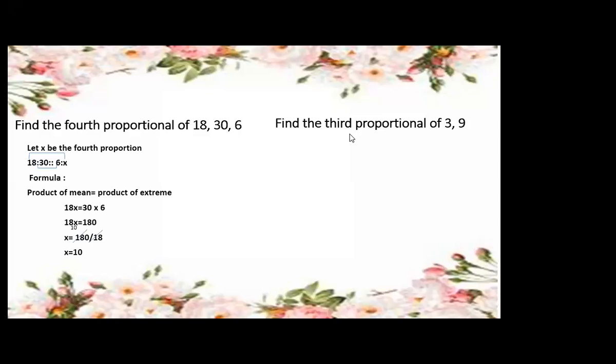So here I am going to unmute Halima. Halima, unmute yourself and let's start the next question together. The next question is: find the third proportional. First, what we have to write: let